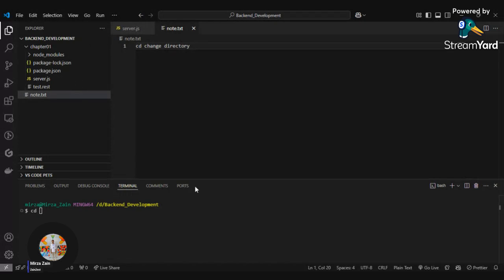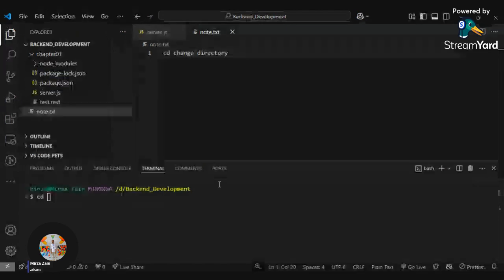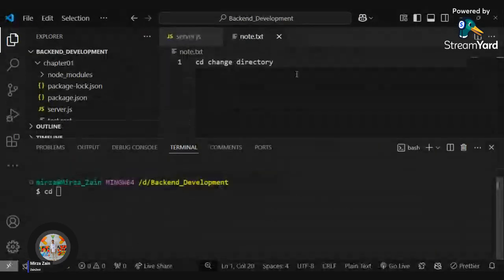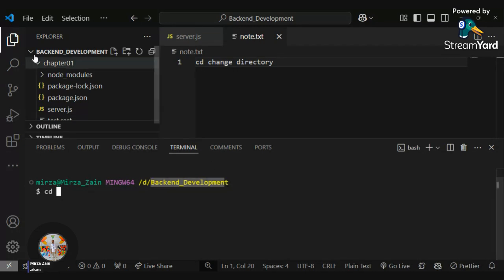So I'm just going to zoom into this, since it might not be visible. What does cd stand for? It stands for change directory. It allows you to change the path, and if I haven't changed the path and I upload it right now, the whole backend folder will be uploaded to the server, and I don't want to upload the whole thing. I just want to upload the chapter 1 folder. So I'm just going to go into chapter 1,